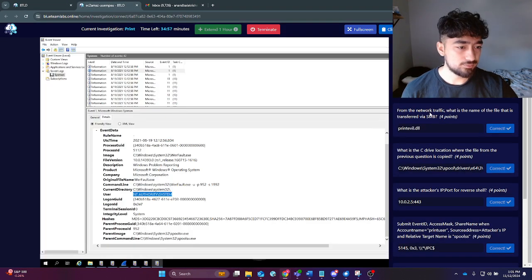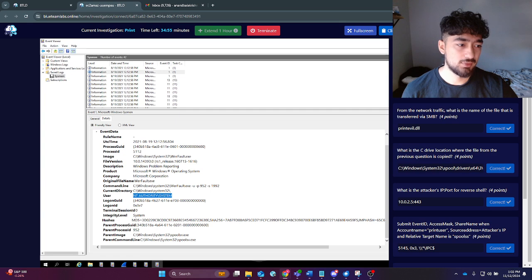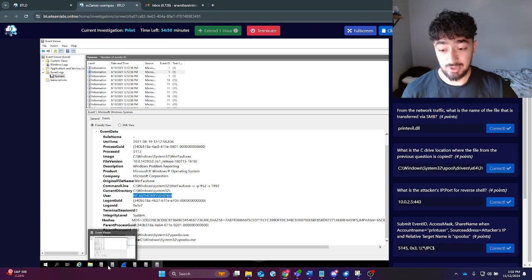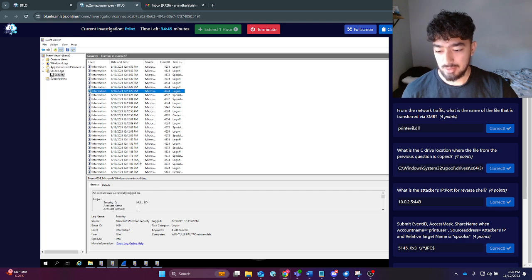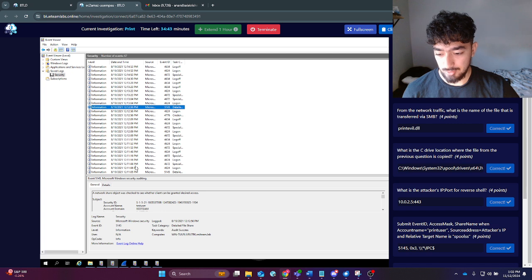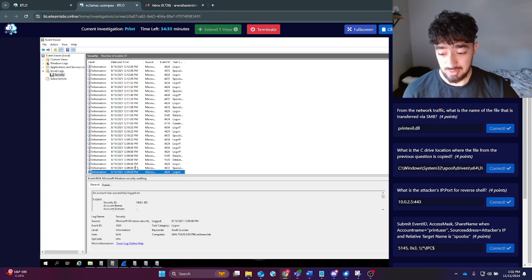All right, so question one, what domain are they using for the red teaming stuff? You can basically go into the security logs, and I think if you just keep looking through account domain name, you're looking for a test environment. I know it says red team, but after I submitted it, I wasn't able to get the flag, so I knew I had to look for something else, and eventually I came across red